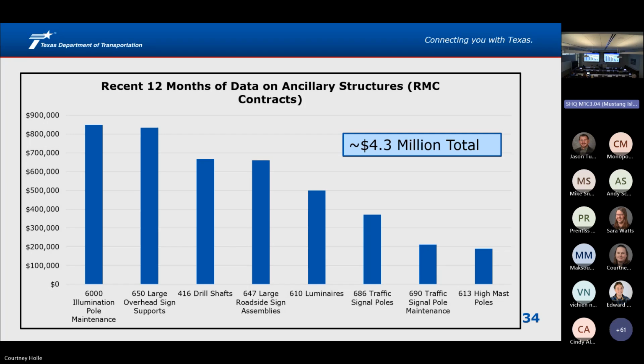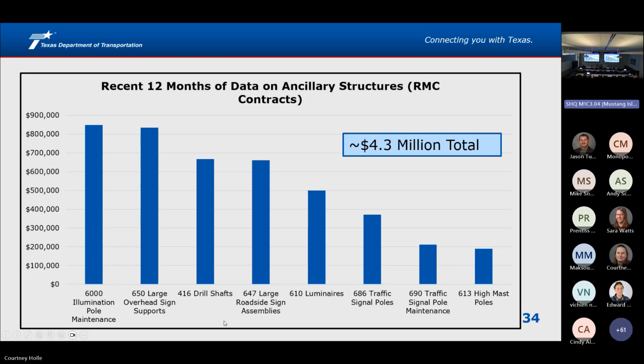So this data is really more focused on the other three main pillars in traffic, which would be the luminaires, traffic signals and the signs. You can see here on the left side, the winner, I guess you could say, in terms of the cost is the illumination pole maintenance. However, a lot of that work tends to be more LED upgrades. We're still in the process of doing that statewide, and there's substantial data that reflects that we are continuing to move in that direction of a much cleaner light source. It consumes much less energy than the old high pressure sodium light bulbs that we typically used to use.